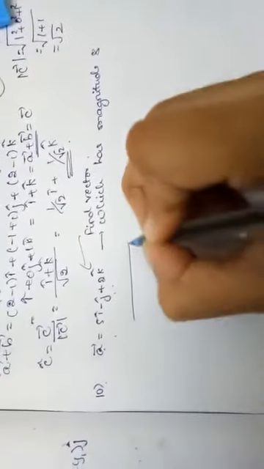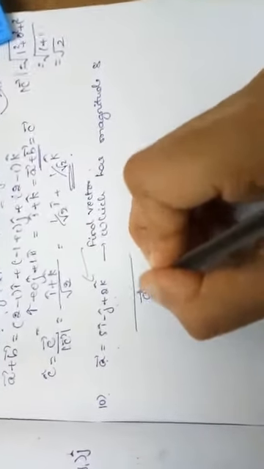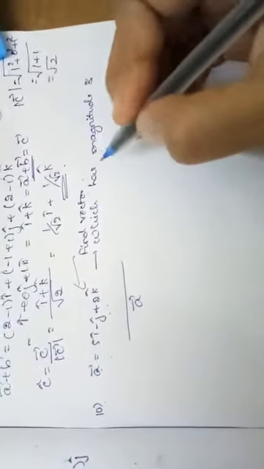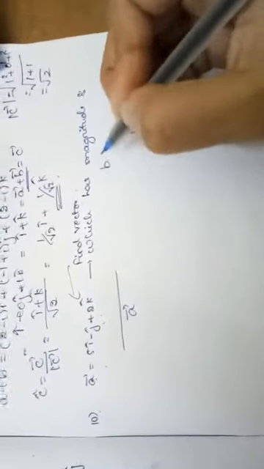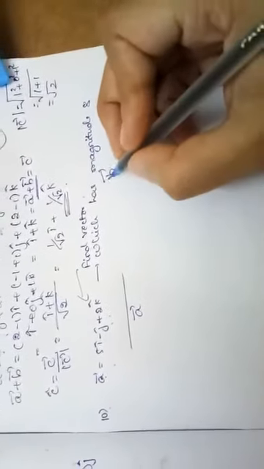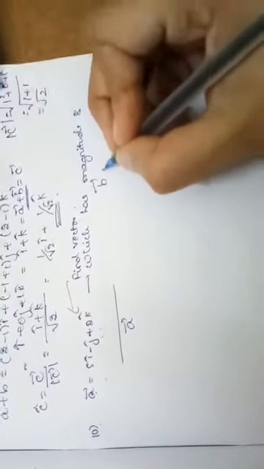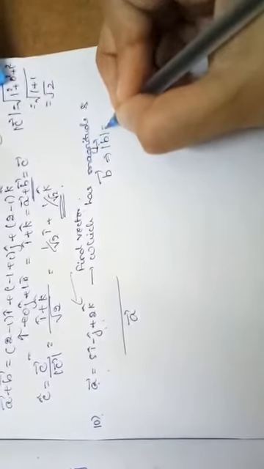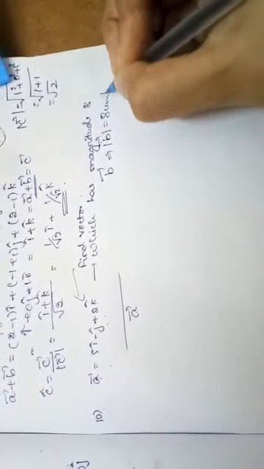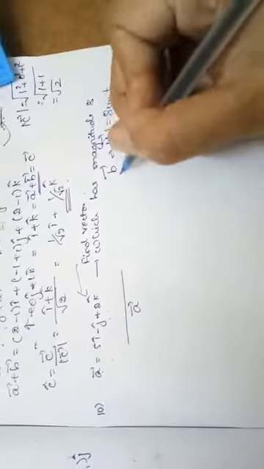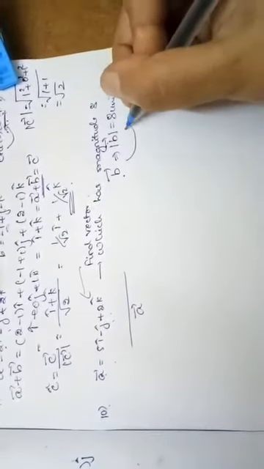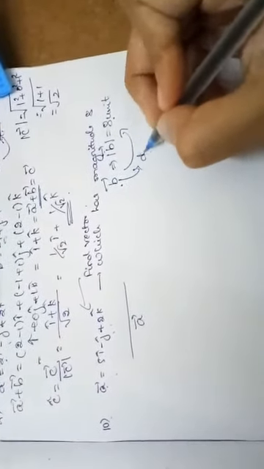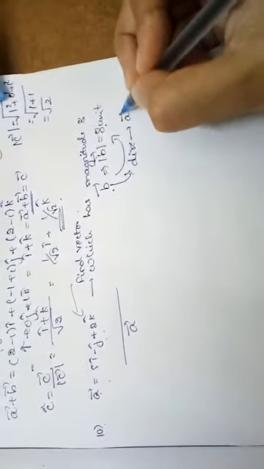So let us consider this vector. I call this vector as vector A. So what do we need to find? We need to find a vector, which I call vector B, such that the magnitude of that vector must be 8 units. This is the condition they are giving. We need to find vector B such that its magnitude should be 8 units, and it should be in the direction of vector A.